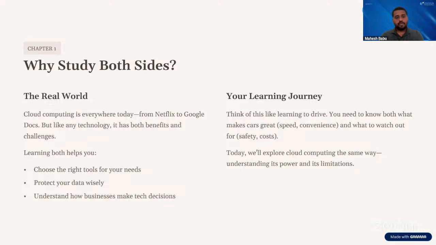Choosing the right tools for your needs, and obviously, whenever I talk about data, it is very important. We already know this, and we need to provide some kind of protection to our data, and understand how businesses make decisions. Because at the end of the day, we have to be very careful about what kind of decisions we are taking. All these things need to be taken into consideration. We'll be choosing the right tools, and we're going to see what kind of parameters we need to consider. So let us move forward.